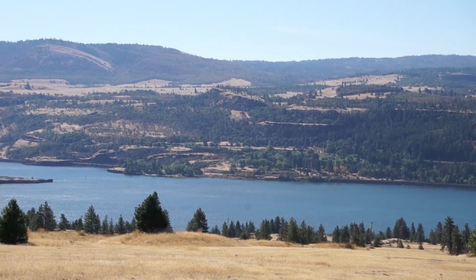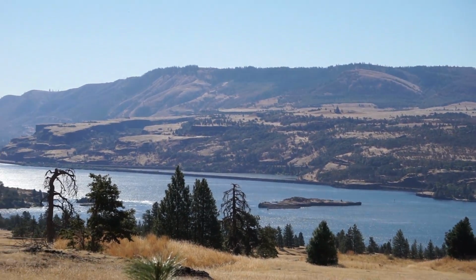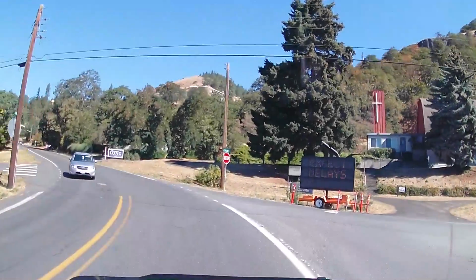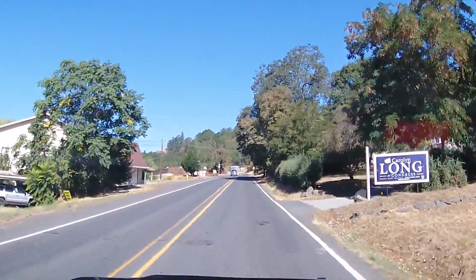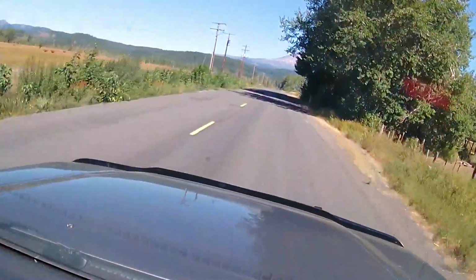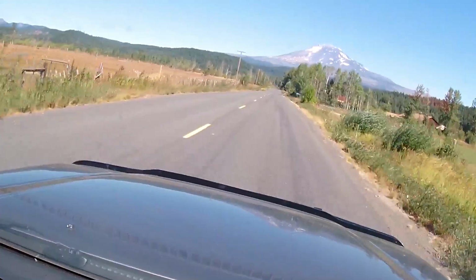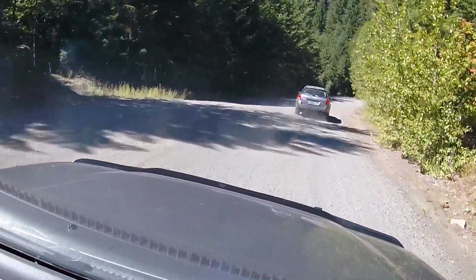My goal was actually to go to walk number 16, which was on the Lewis River. And I was going to head north out of White Salmon and hit a Forest Service road and then come around the back way down the Lewis River before I headed up to Mount St Helens for walks number 17 and 18. And you'll see my dash cam got a little tilted here, but yeah, that was, I believe, Mount